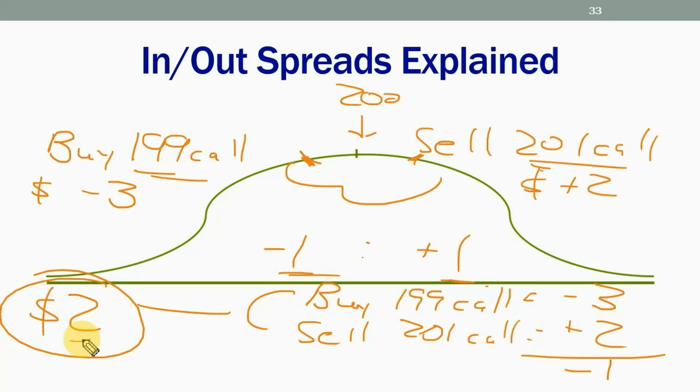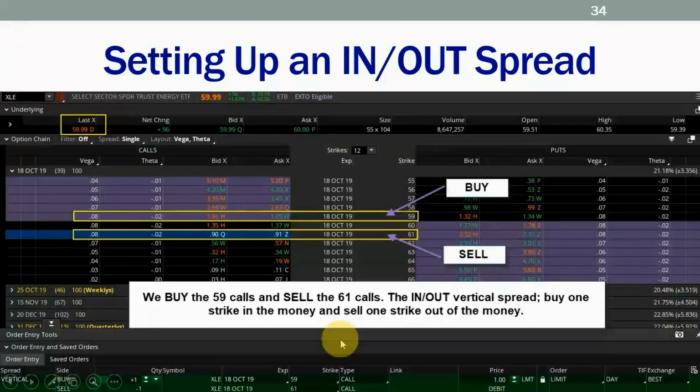You could do this in a $2,000 account, $5,000 account. For those of you who want to scale up, don't you worry. When I say scale up, you're listening right now and you're like, that's awesome, but I have a $3 million account. It's a good problem to have. Don't worry, we scale. The easiest thing to do is scale the trade up. The hardest thing to do is to get money back that you shouldn't have lost when you're learning to scale up. Hopefully that makes sense. If you did one contract of this trade, you have $100 at risk. Next. Now we take you into a real example, setting up an in-out spread.